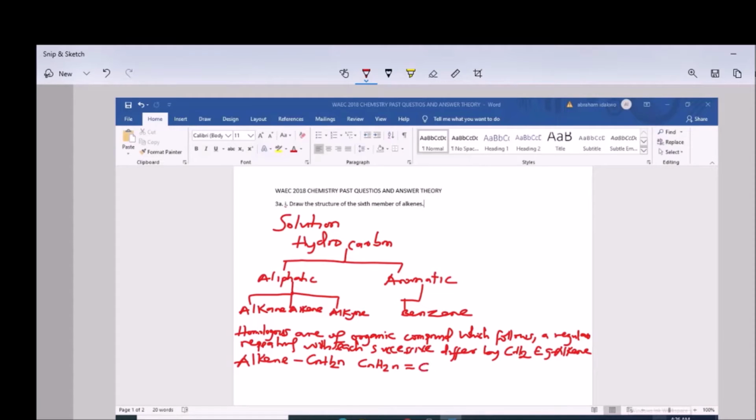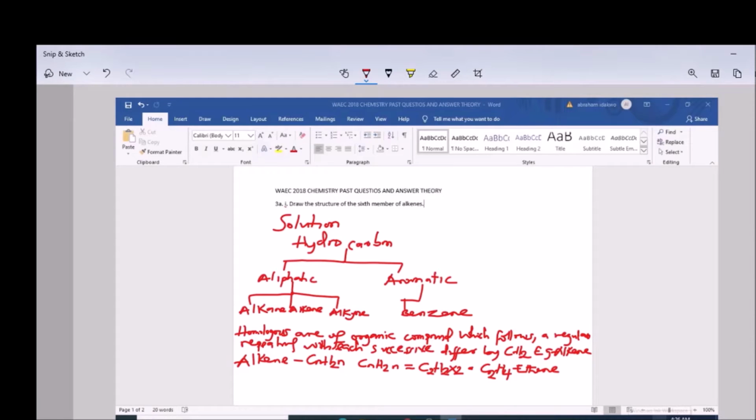Here we have C2, H2 multiplied by 2, which is the number of carbons. Then we have C2H4. So this is ethene being the first member of